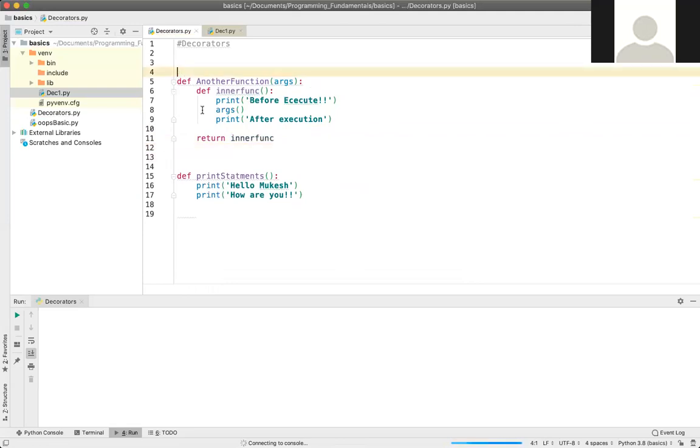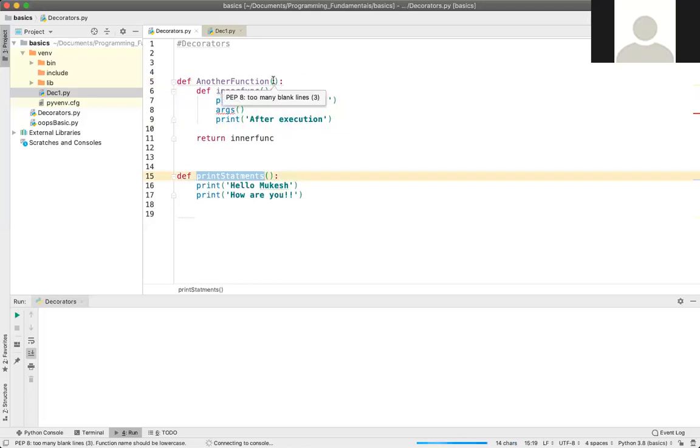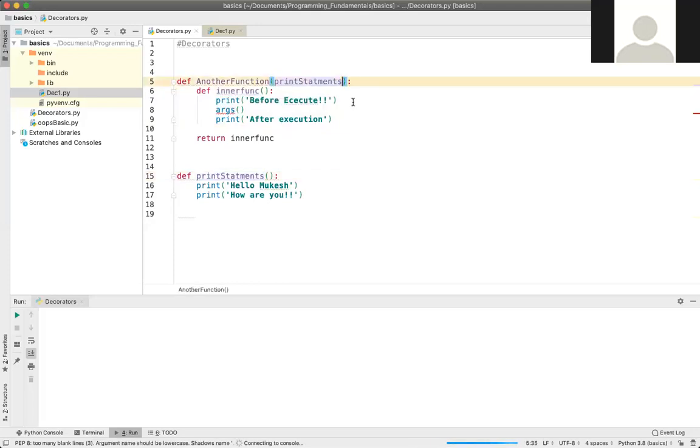Let me come to the point, what is the decorator? Basically a decorator is a function which takes another function as an argument. So here, this argument is a function only. Let me write here another function, print statement, and call print statements.